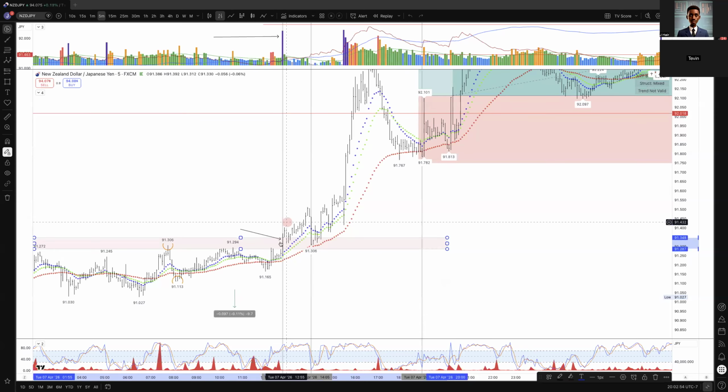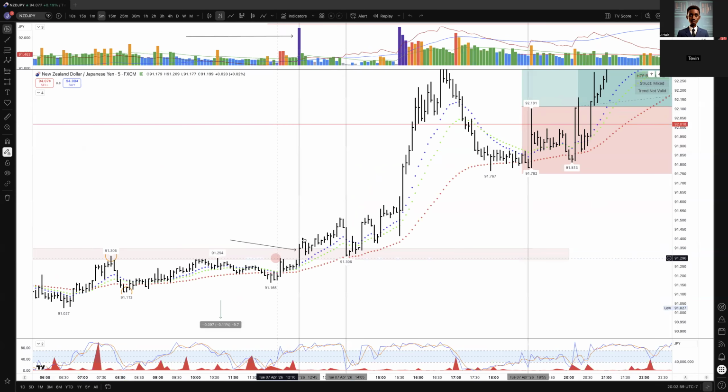Nobody had a chance to buy, nobody had a chance to sell in this gap. But now they can come back to the gap